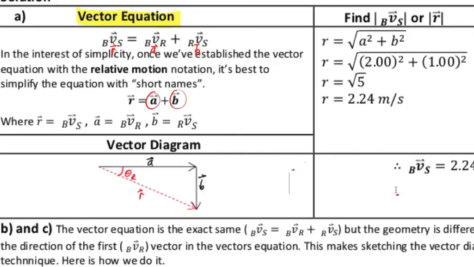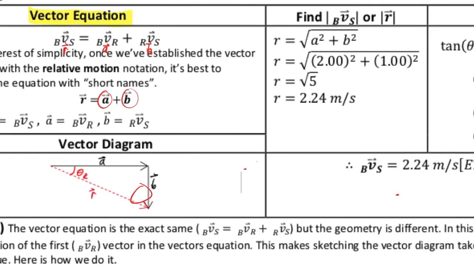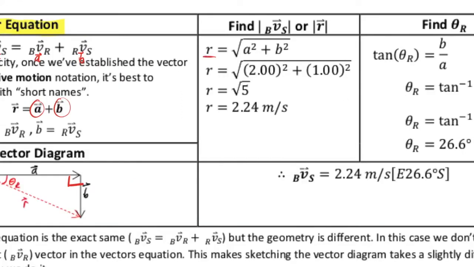So based on the vector diagram, we then make the determination on how to figure out the magnitude of the resultant. Well, the magnitude of the resultant can be found by using the Pythagorean theorem, and that's because vector A and vector B are perpendicular to each other, and vector R represents the resultant. So R is equal to the square root of A squared plus B squared, which gives us R equals